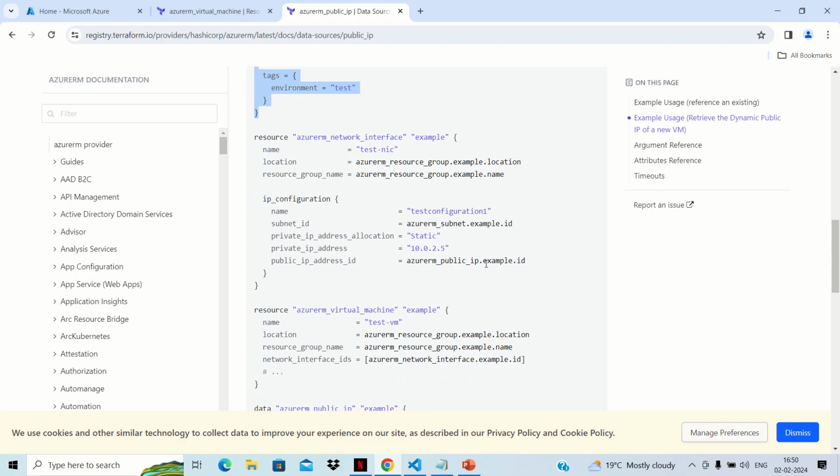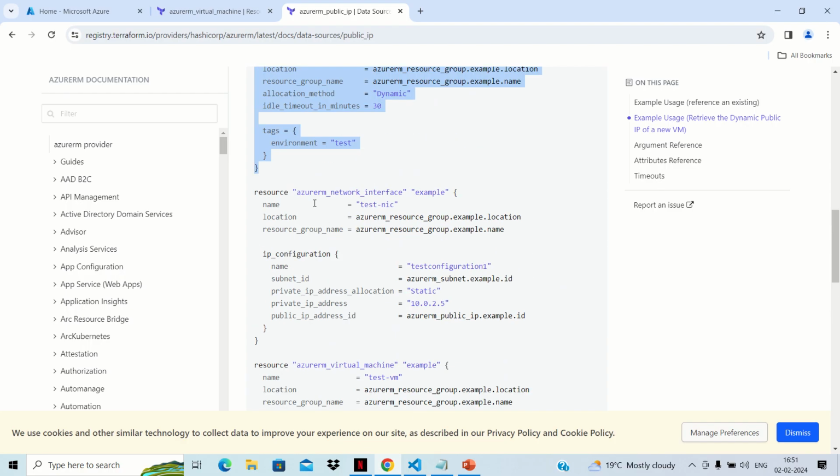So here we can see that it is creating the network interface. We'll need this network interface also, and we need to create the network security group in order to open some port. But we can go with this network interface first. If we want to create it, we'll copy it from here,